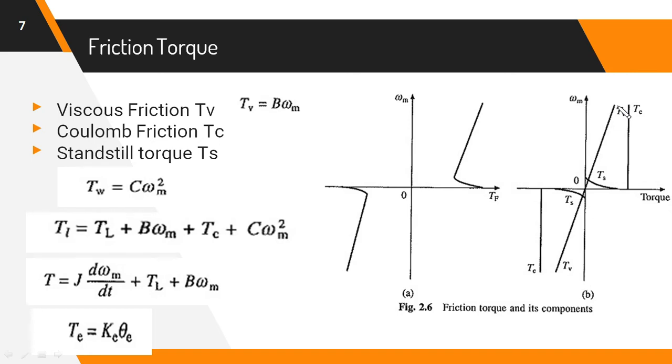Then next is TC. TC is the torque which is independent of speed. As there is a change in speed, there is no change in torque. The torque value is constant. Like if we take an example of a crane or hoist, gravitational force is there. As speed increases, the gravitational force will not change. So this is a straight line which is parallel to the omega m axis.